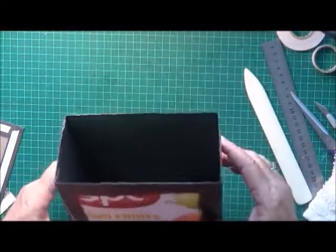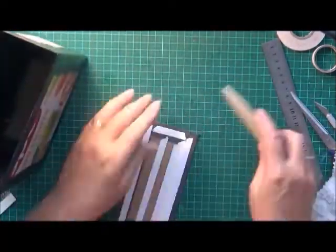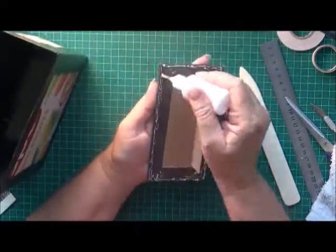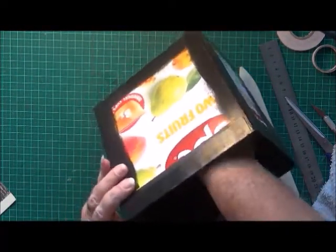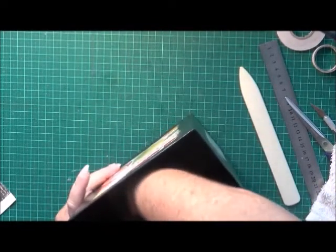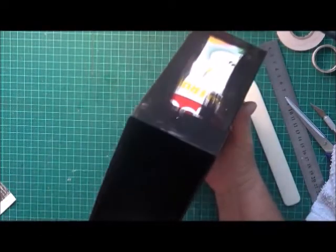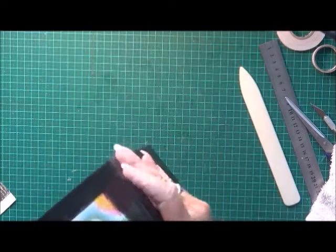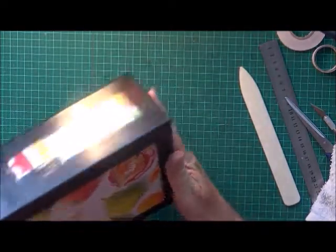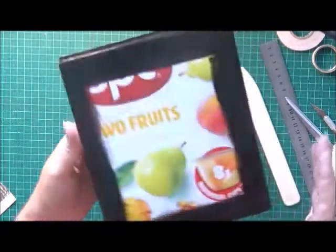Okay, so the last thing we've got to do is just put the base inside there. And this one is just going to go right down in the bottom and sit right down inside there. So I'm actually going to put my hand down like that, and just push that down nice and firm on the base there. Okay, so that's our gorgeous little box all decorated inside,